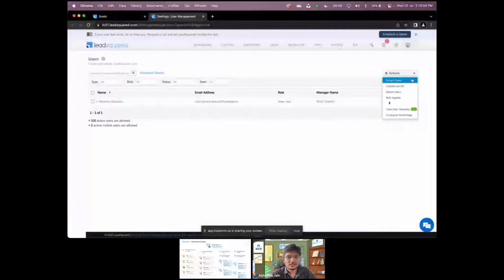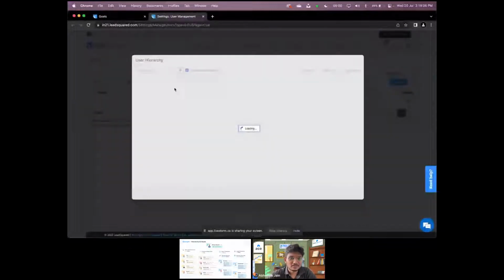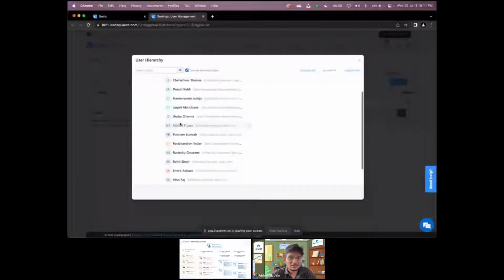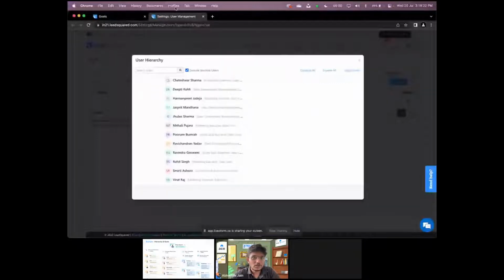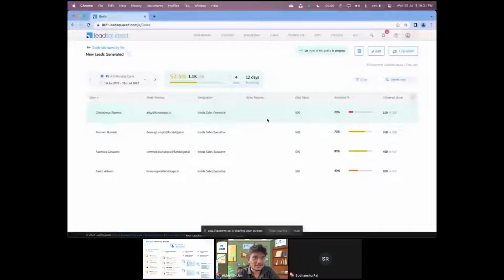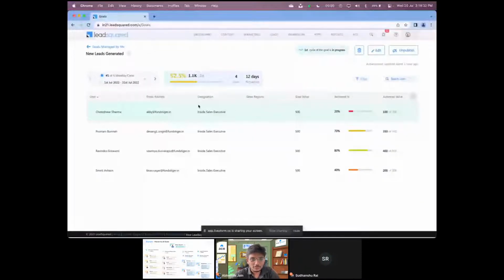As you can see that Rahul Shastri is the CEO, and he has these people reporting to him, and some of them are marketing, some of them are sales development representatives, and some of them are basically your inside sales folks, right? That's essentially what the idea is. Now, what I'm going to do is I'm going to jump back to Rahul Shastri to just show you all the different goals. So outbound phone calls and new lead generation are primarily marketing team goals. And this is where you see all the contributions here.